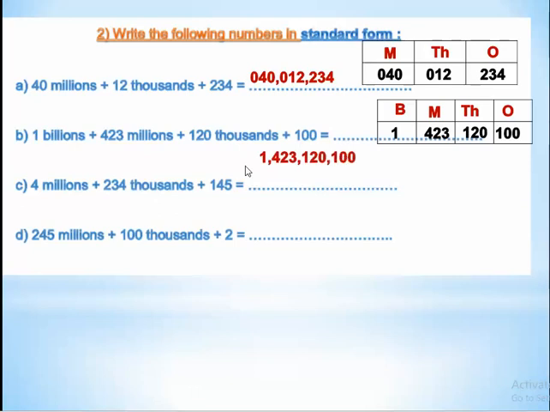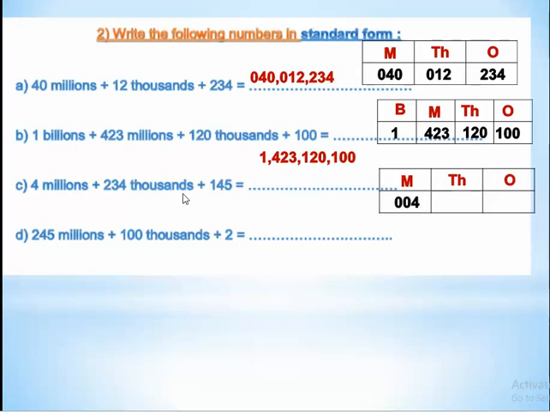Okay, 4 million plus 234,000 plus 145. How many families we have? We have 3 families, so we write table with 3 families. We will start from million, thousand, and ones. Okay, here we have 4 million, so we will write 0, 0, 4, 0, 0. We will put it in replace of tens and hundreds, so we will write 4 millions, 234 under the family of thousand, and 145 under the family of ones. So write it together, it will be like this: